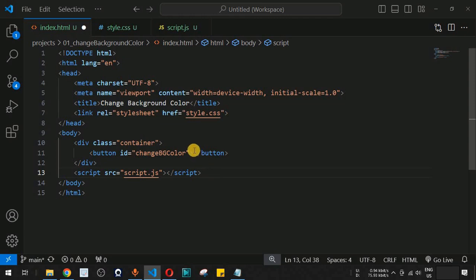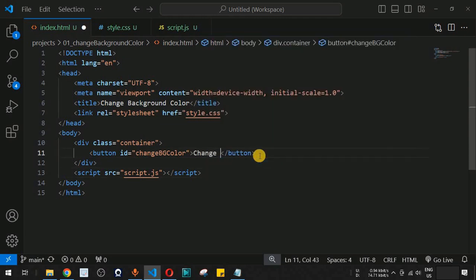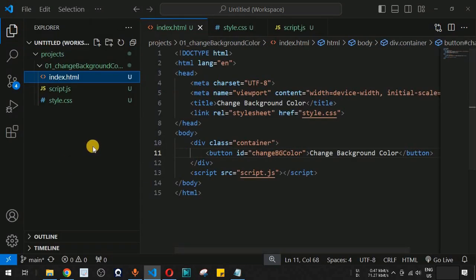Now guys, inside this button we want to provide the text, that is change background color. So simply we will provide the string, that is change background color over here, and we can simply save this file now. Now guys, basically in order to view this file, the very traditional or the conventional way is to